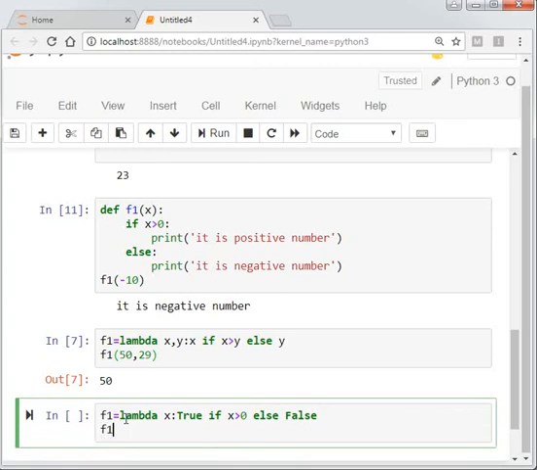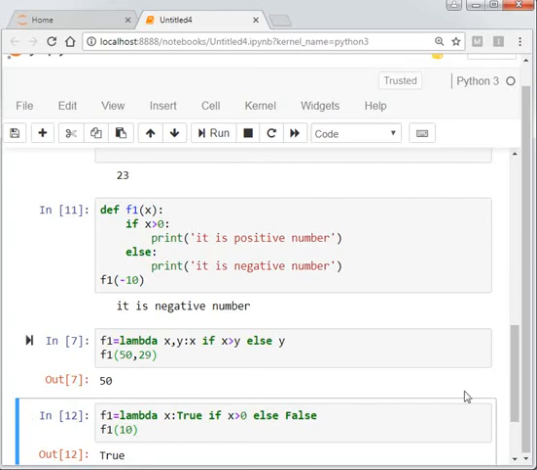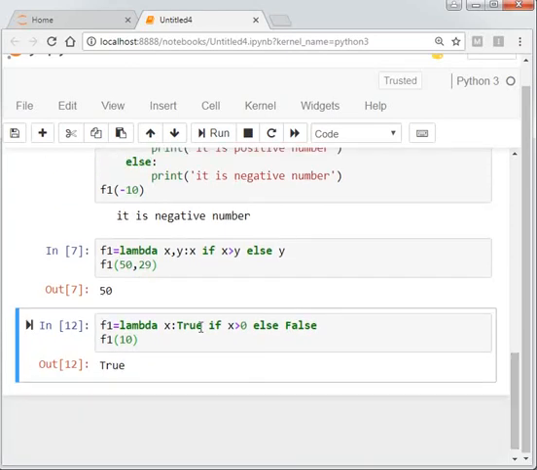Call it. The result will be true, because you passed the value 10, so the result is true. Suppose you pass a negative value, then it is false, not positive.